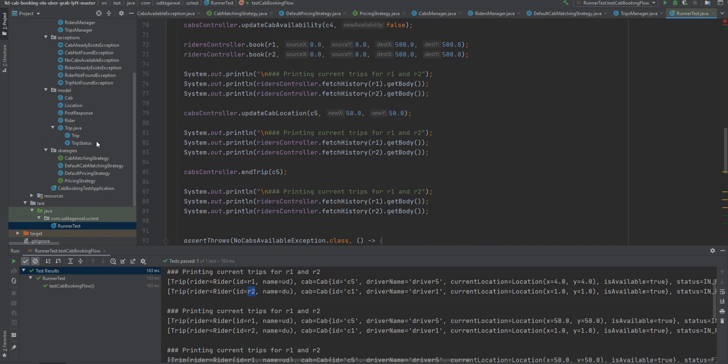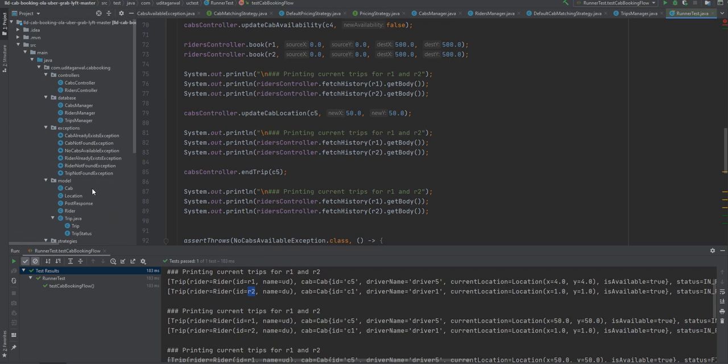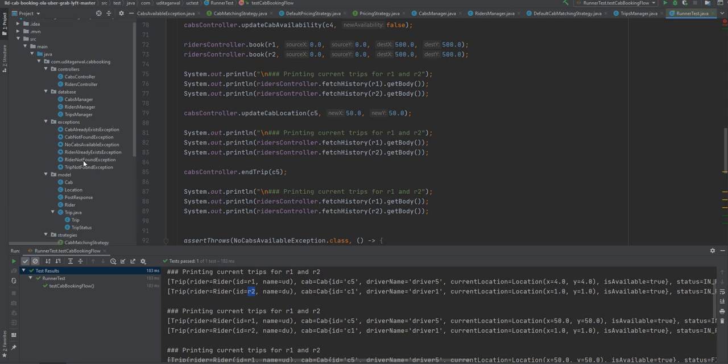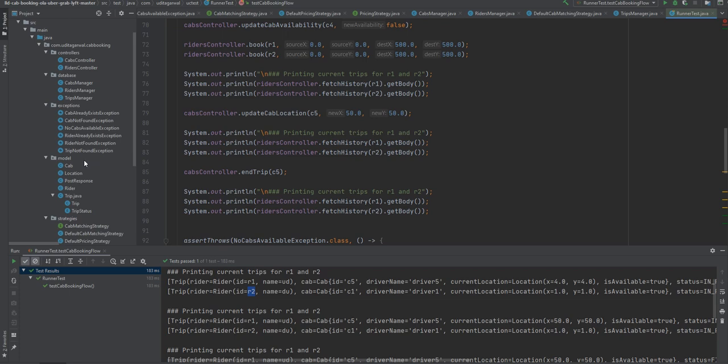So let's see what all the pros or good things are in the design that we have built. One of the good things is that it is using some good design principles. Let's see how it is using them. Let's start with the SOLID principles. SOLID is the very backbone of design principles. For SOLID, we can see where all the SOLID principles are being applied over here, and what things are adhering to them.